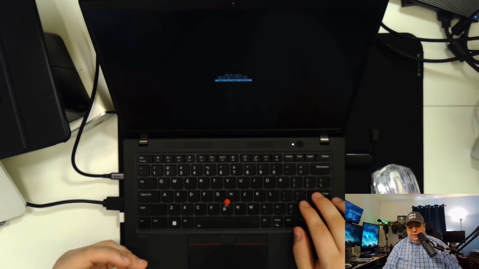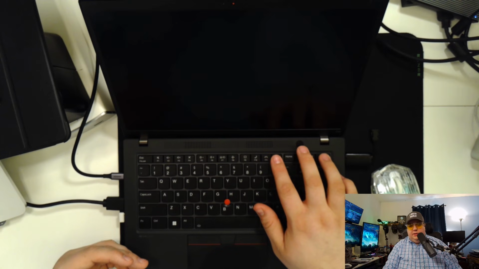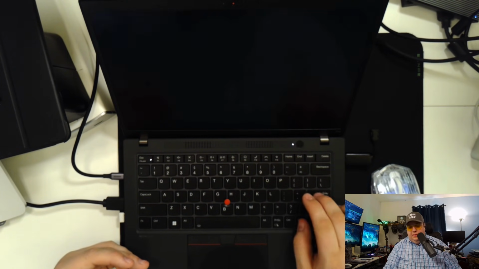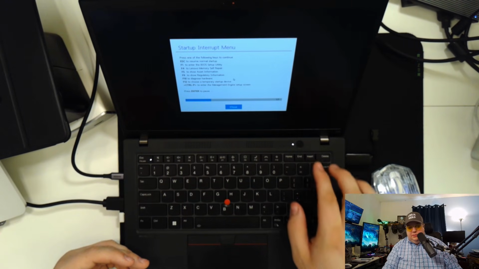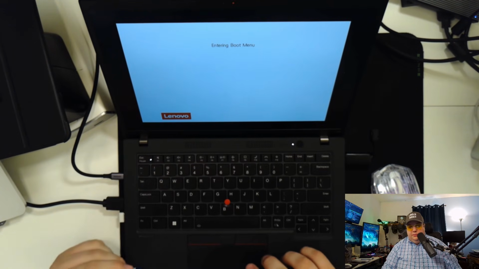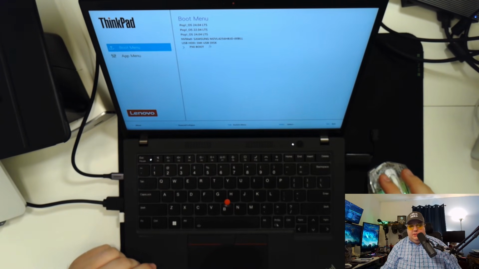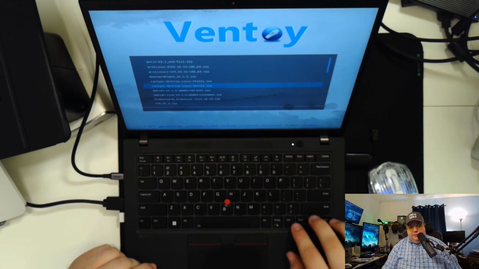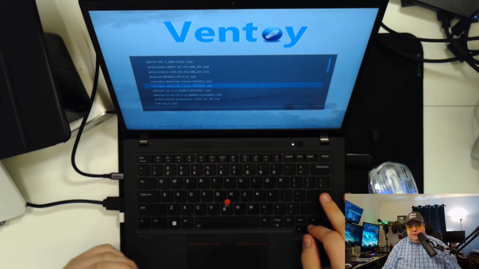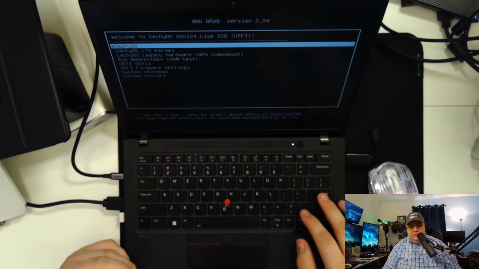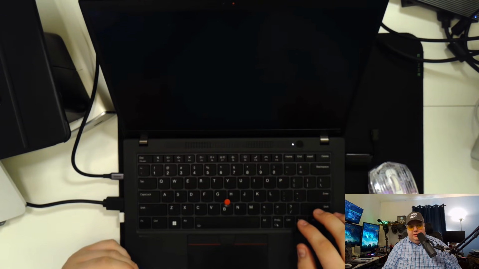Let's see, need to be able to get into the actual menu here. Okay, we're going to do F12, entering the big boot menu, and I'm going to select my USB drive, go to my Ventoy, as you can see, Cachy, we'll do GRUB, and select CachyOS, and hopefully